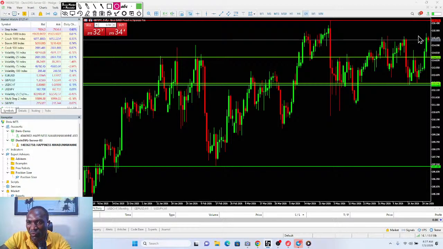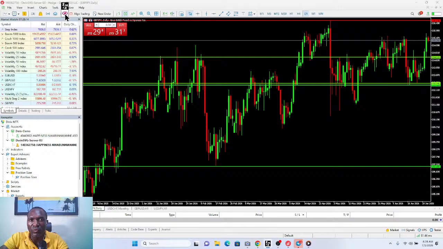Remember, year two was taken out by this move. And here, let me just use this so that you can see clearly. You can see that this resistance has been taken away by this shadow. So there's every tendency that the uptrend might still continue. That's just the essence of why I decided to draw that out for you to see.